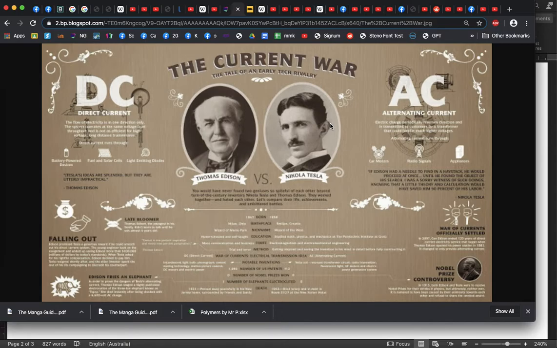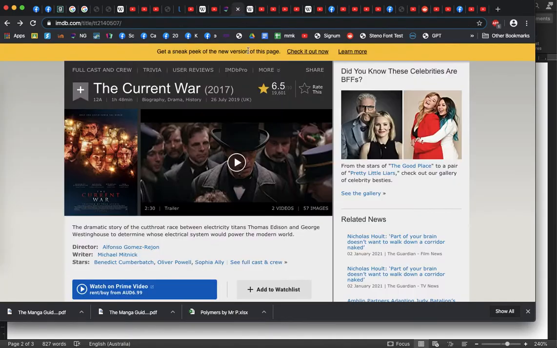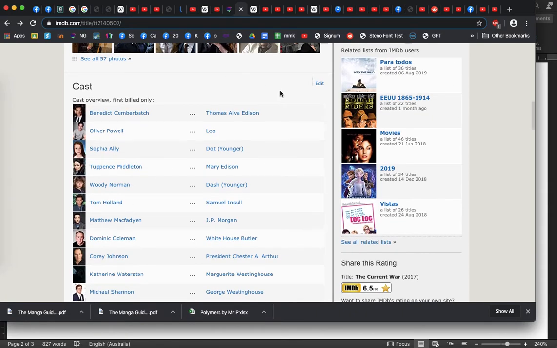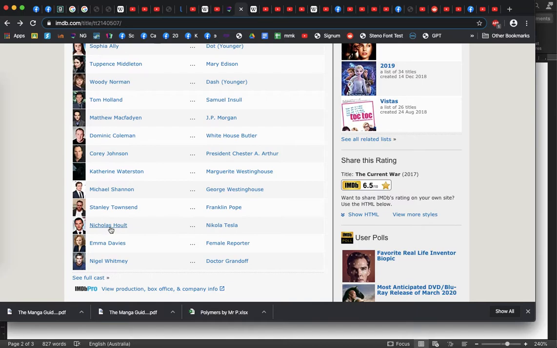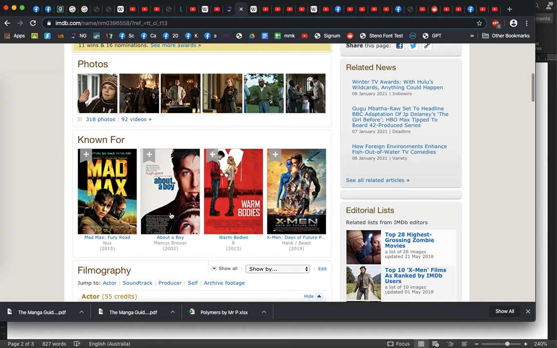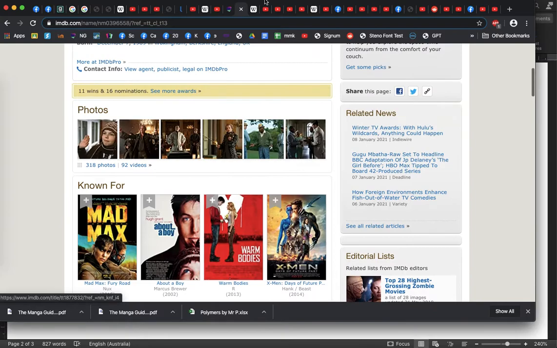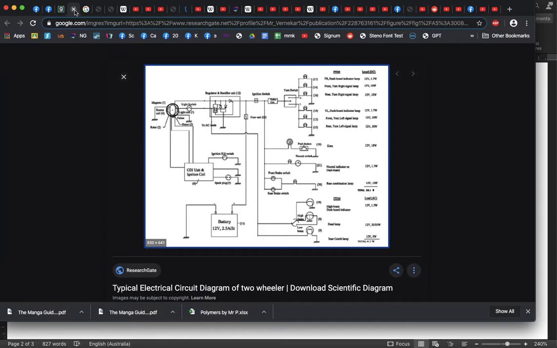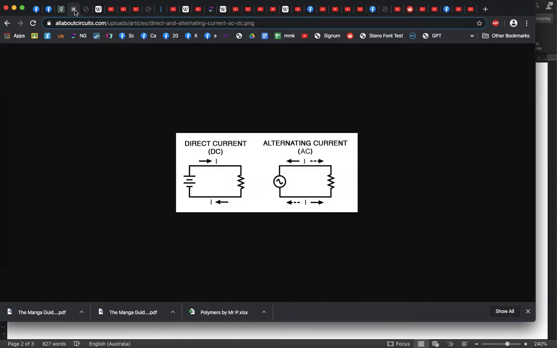Now, in the example that we talked about previously, there were movies about this with Benedict Cumberbatch, the guy from Sherlock and Doctor Strange. He played Edison, and the guy who played Tesla was Nicholas Hoult, who I know from About a Boy. I think of him as being the About a Boy guy, but he is also Beast in the X-Men movies. So anyway, we don't need that. We're done with that. Okay, so